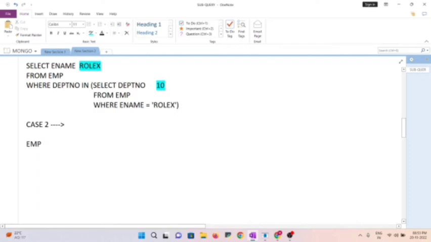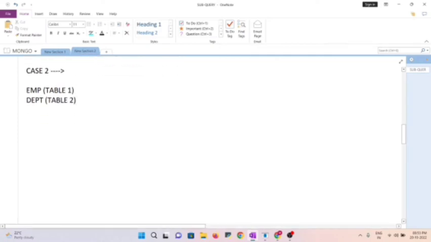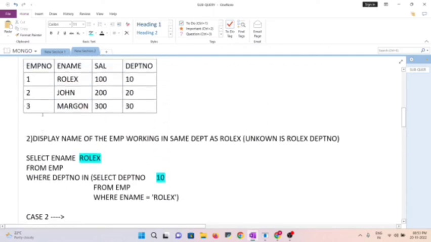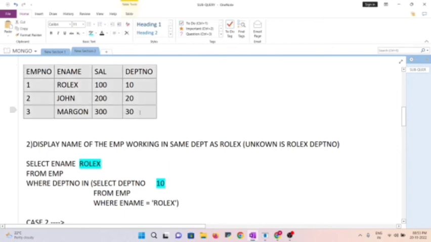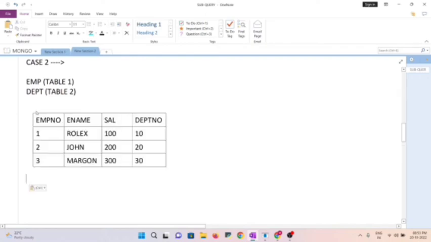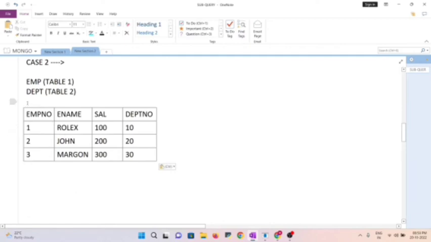This is my table 1. I'll put it in brackets as table 1, and one more is the department table, which I'll put in bracket 2. So this is my table 1 and table 2. Now if I want to display employee table details, but the conditions are present in the department table, so one table's data is to be displayed and another table's condition is to be executed, then we'll use case 2. So how do we identify this case 2? Let me copy the same table and paste it here. This is your employee table, our table 1,